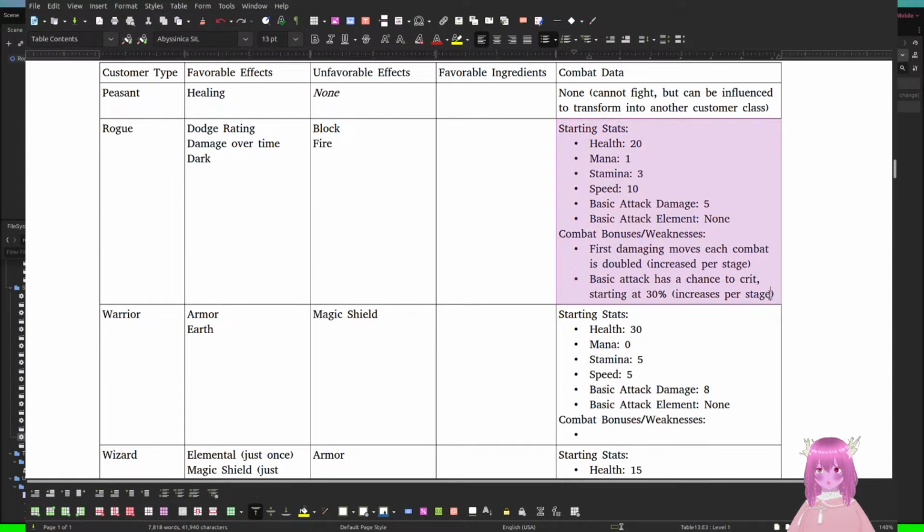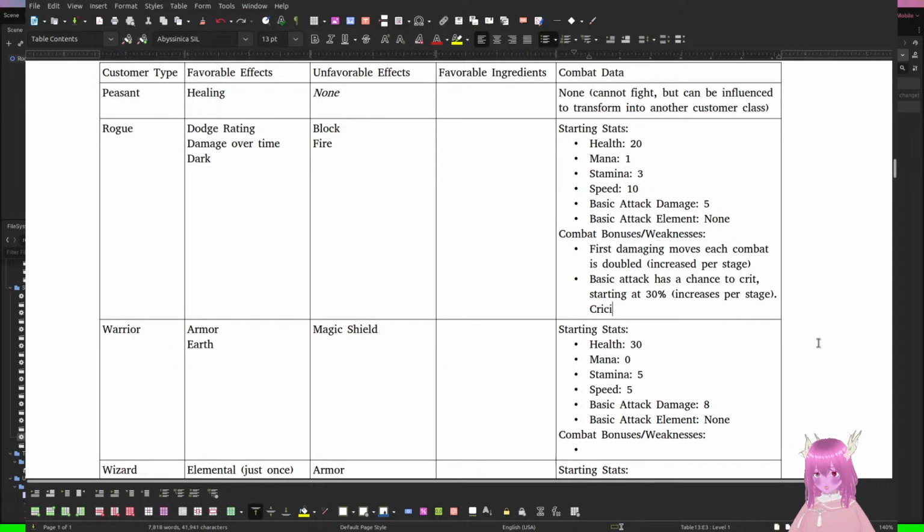So basically I need to say critical hits deal triple. Maybe 30 is too insane. Maybe it should start at 10.